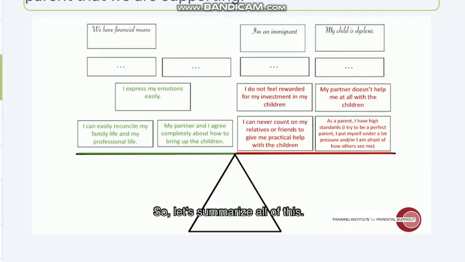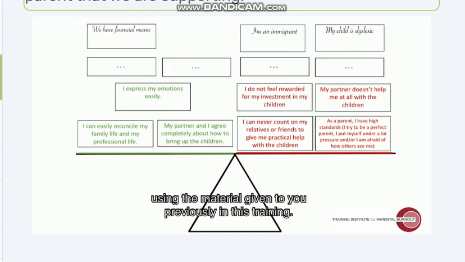So let's summarize all of this. One way to work concretely with parents during treatment is to have them complete the balance test using the material given to you previously in this training, so the cards and the drawing of the balance. You'll take a photo of the balance the parent put together at the beginning of treatment to keep a record. Then you'll